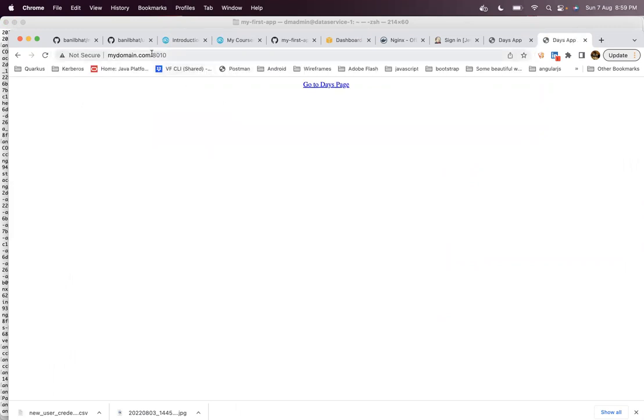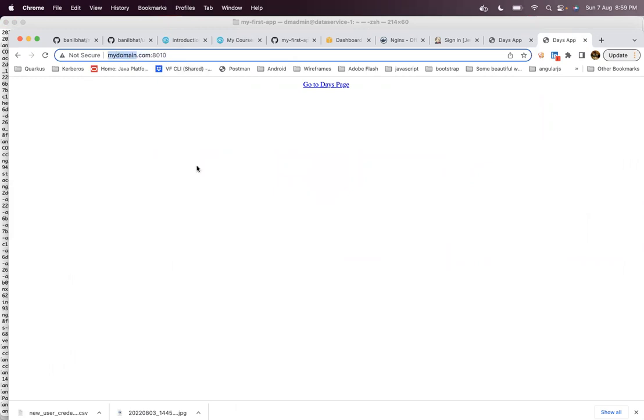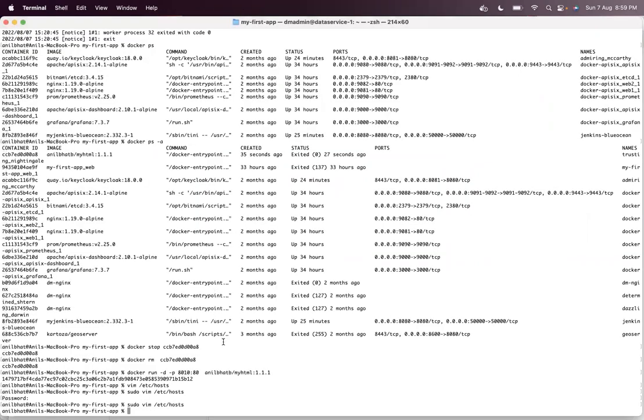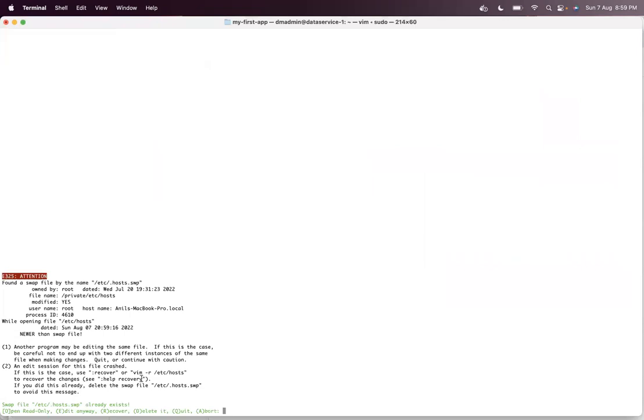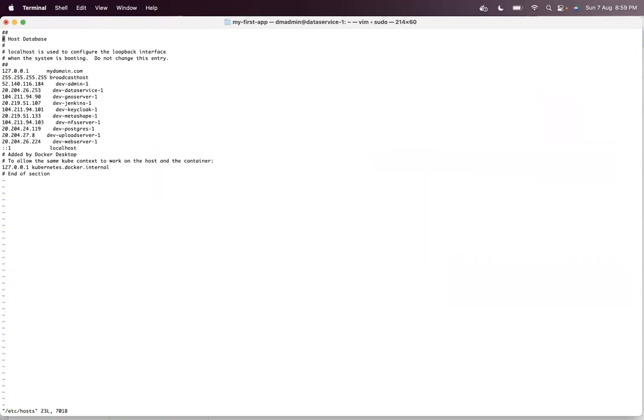Okay. Now you can see that you have mapped internally. You have played with it, saying that whatever requests come from 127.0.0 go to the domain mydomain.com. I have just put it because I haven't created any domain.